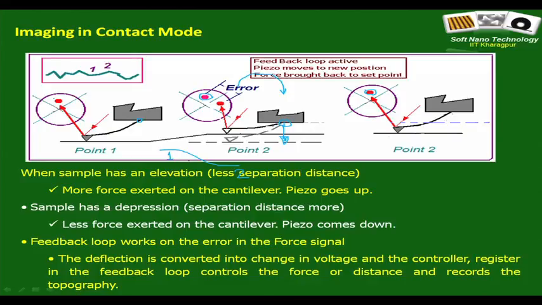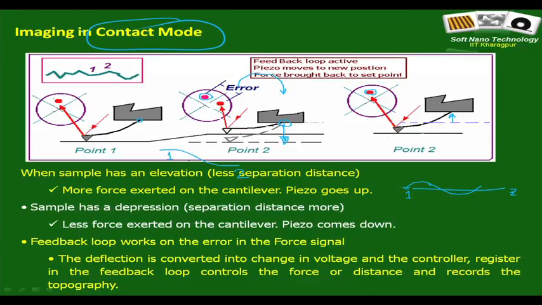Then this point will have some plus z value, and a point which has lower elevation will have some minus z value. But if this is the first point where the cantilever had approached, this will be maintained as z equal to 0. Okay. So, this is in fact what you have learnt, contact mode imaging of the AFM, the most basic